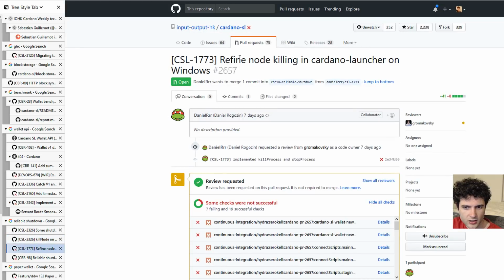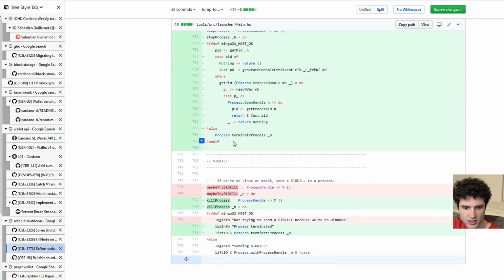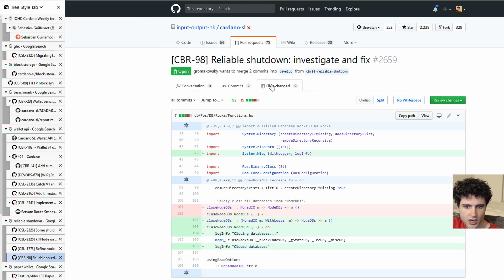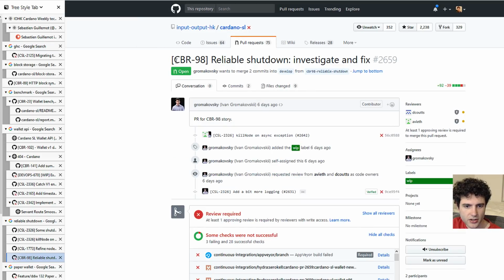They added a new killing for Windows, where you can see they changed the behavior a bit for how it handles on Windows. And you can see they've got, lastly, this pull request right here,